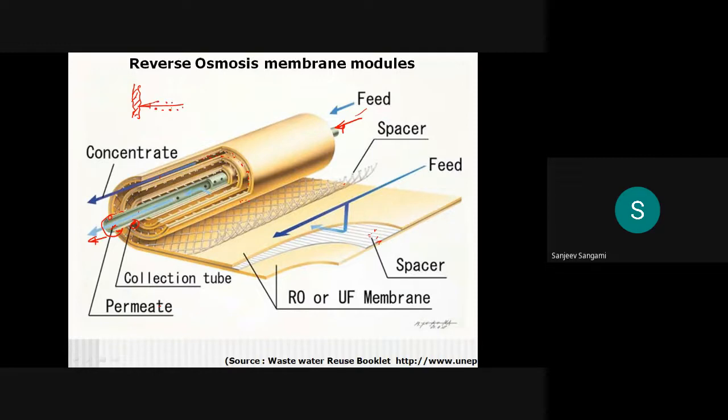Assume that it consists of salts. See, what will happen is that when it is going out in this direction, it is going to accumulate whatever the salt particles are there. It will be collected at one place. That place is nothing but this is the place. Okay, so then that can be removed as a concentrate. Okay, so this one is feed. So like that, it will be there. Whatever the particles will be there, it will be concentrated and it will be removed.